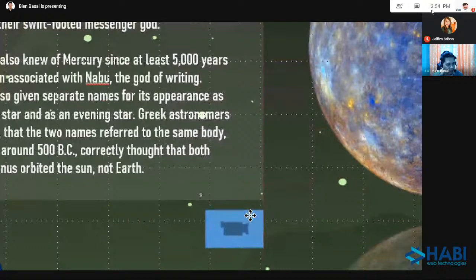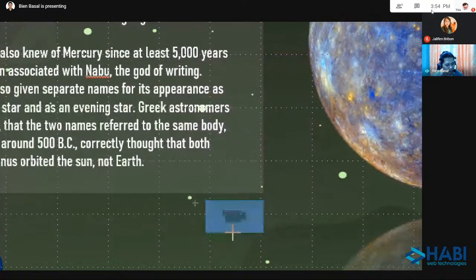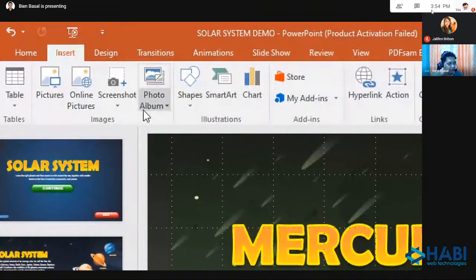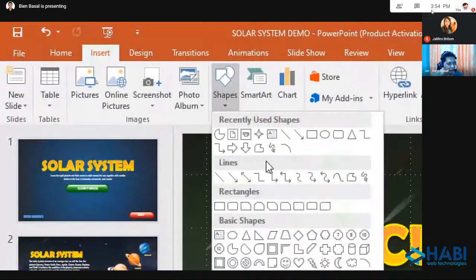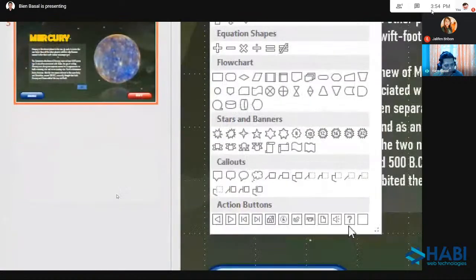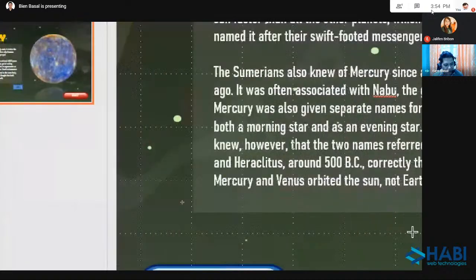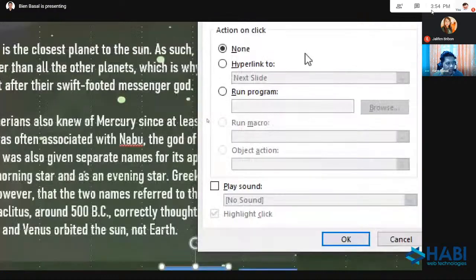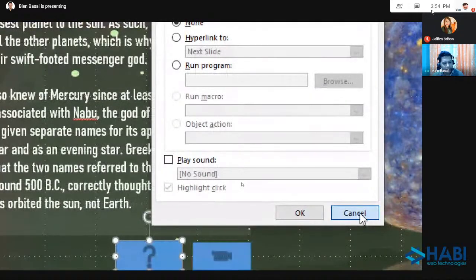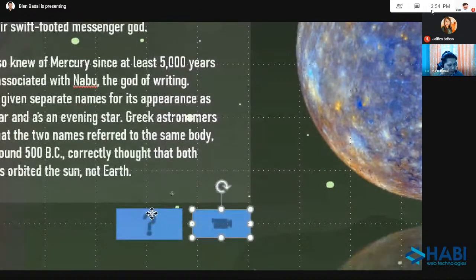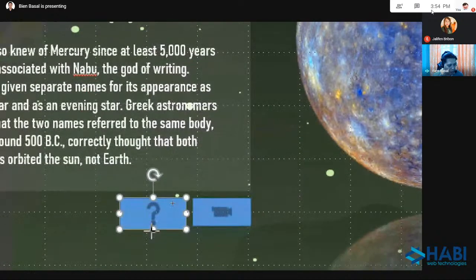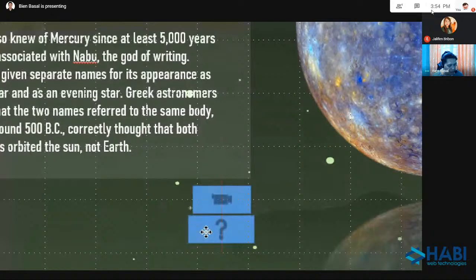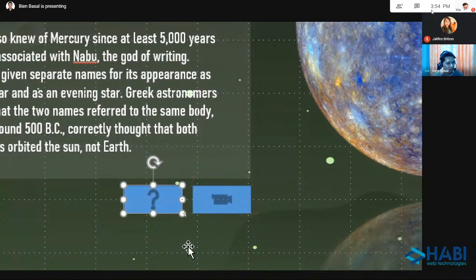And just prepare the slide. So this button is for the video. I will add one more. Insert shapes. I will go down here and select this question mark. This will be for the quiz. Okay? And I will draw. And again, action settings, just press cancel. We will modify this tomorrow. Don't worry. And make sure to arrange them same size. Same size, same width. Okay. I will zoom out.